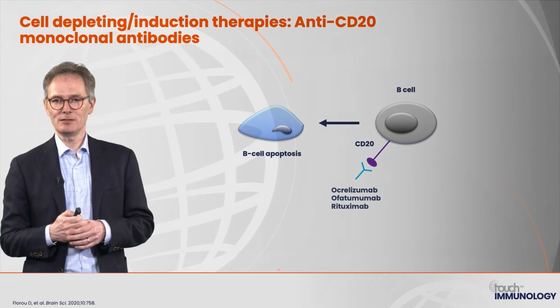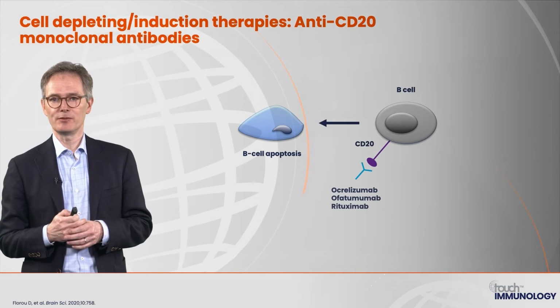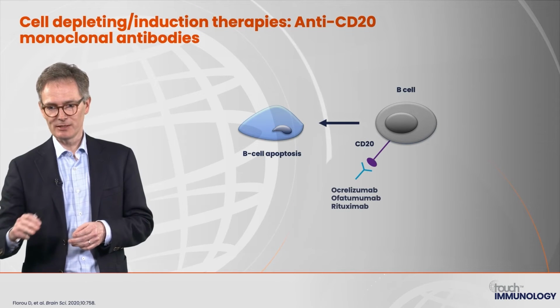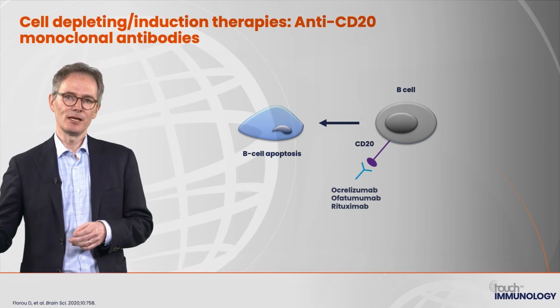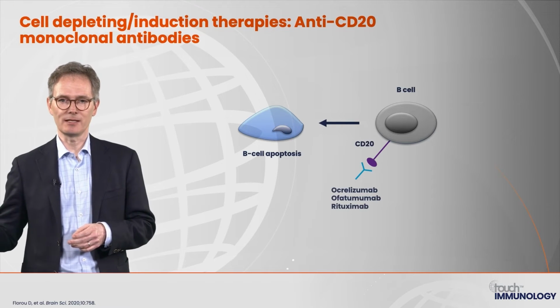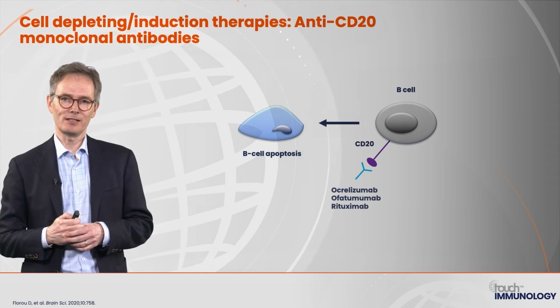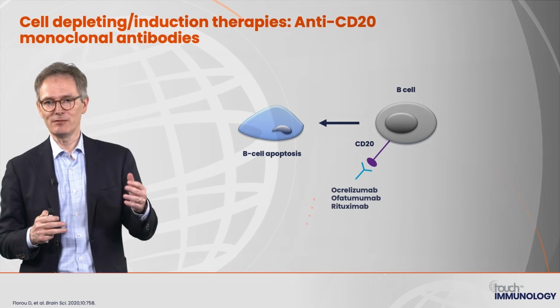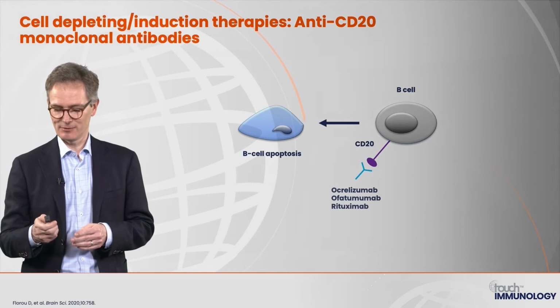When you treat patients, you see a complete depletion of these B cells in the blood for a very long time. So it goes in the blood really down to zero for a very long time, and they come up only a little bit just before the next infusion and are depleted again. So a very effective B cell depleter, comparable to cladribine, but even more extended in its effect.